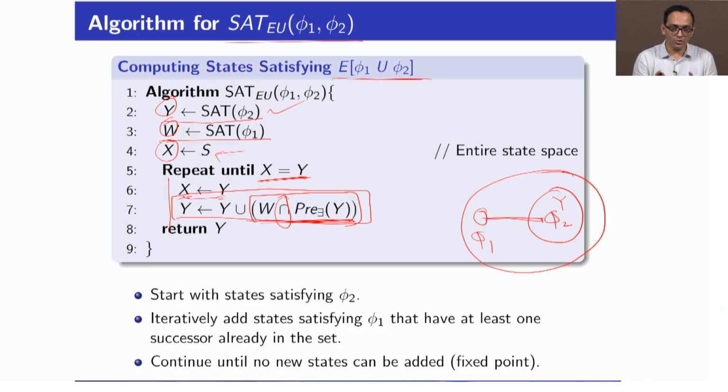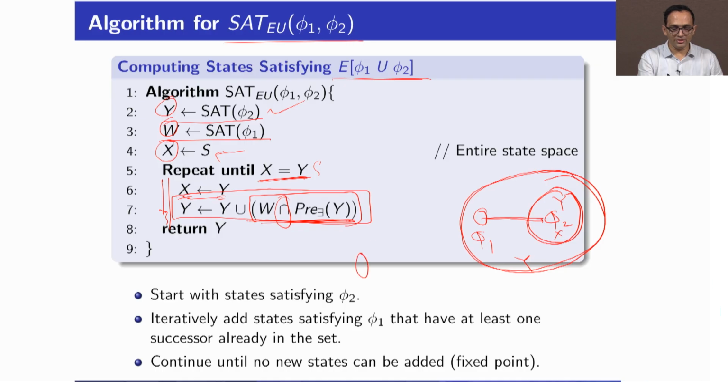So if you do this, your y is growing. x is the initial set of states, and this becomes your y now, and I will check whether I am able to add a new state here. If I am able to, then I will go again here, otherwise I will not continue and come out. Whenever I am not able to add a new state, that means I have reached a fixed point. So this is effectively the existential algorithm, and this is exactly the leveling that I discussed